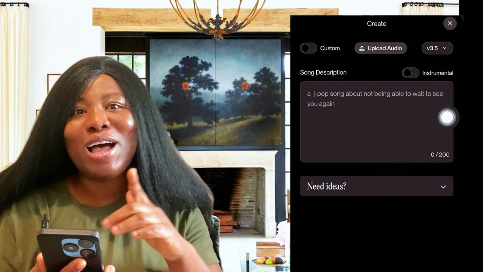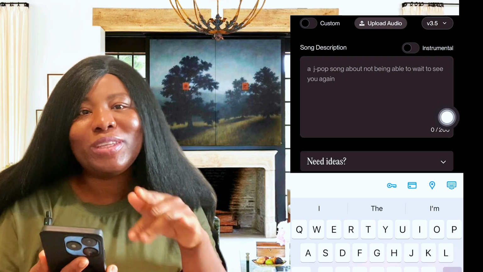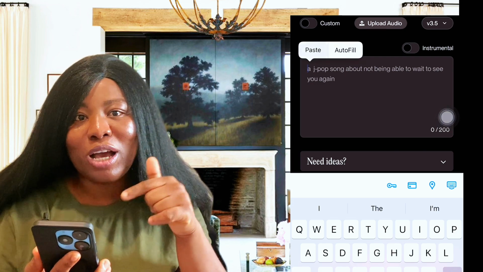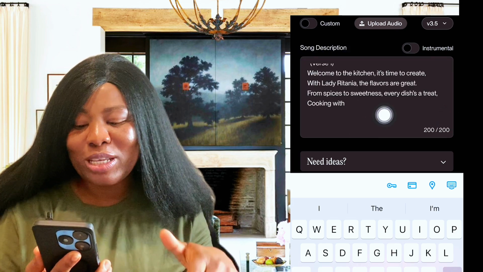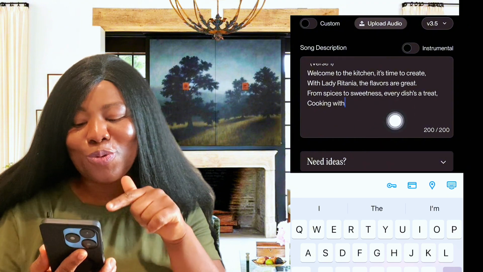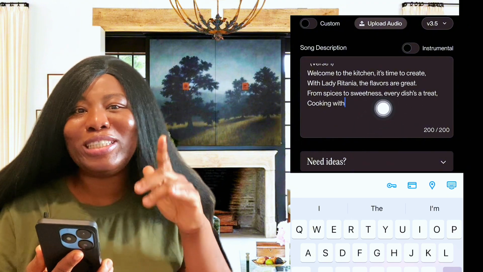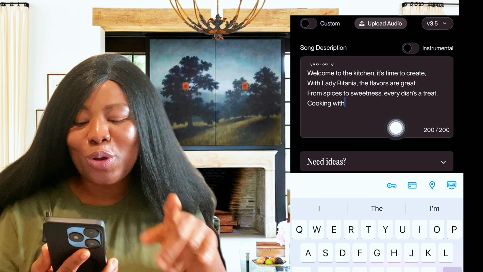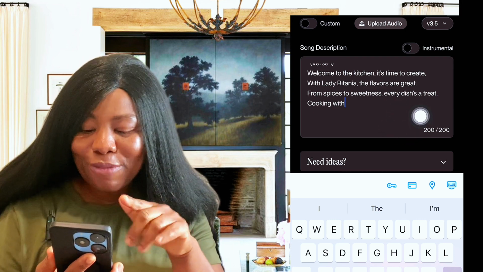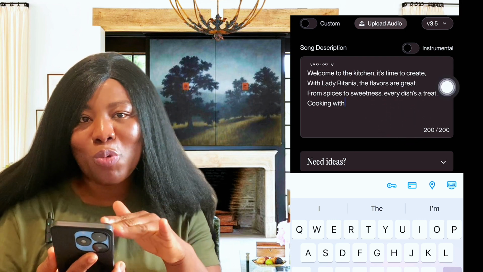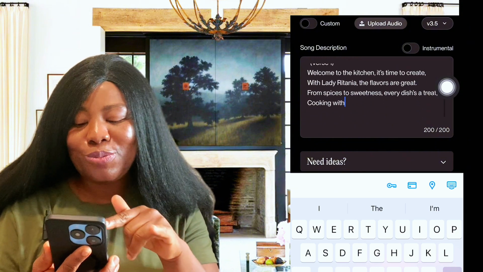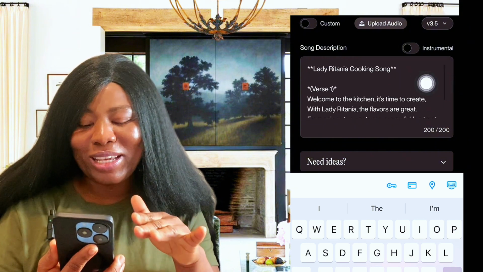So once you've signed up and everything, and you want to create, you see me take you to the board where you are going to create. So this is where you are going to create it. You go on create, and then you paste the prompt or the lyrics that you copied. You're going to paste it here, and it shouldn't be more than 200. So once we have our lyrics here,